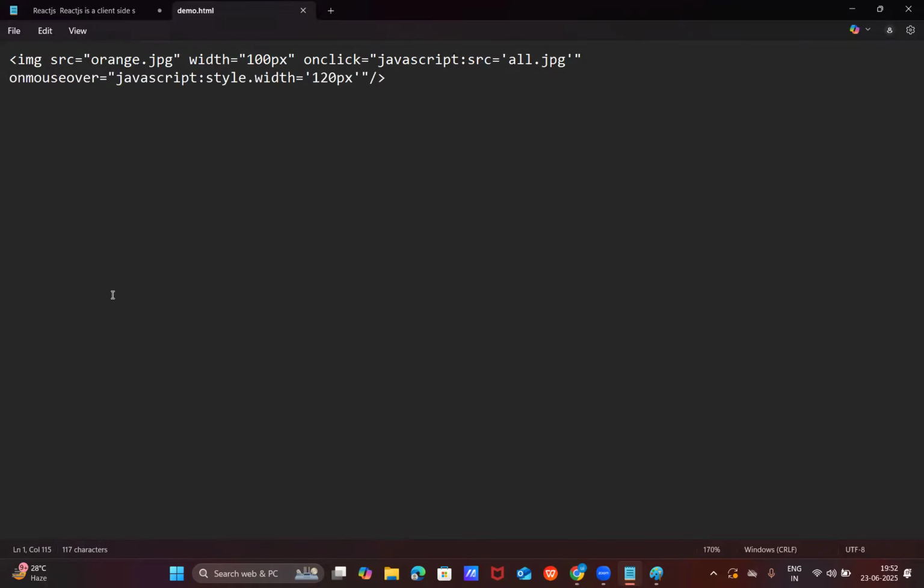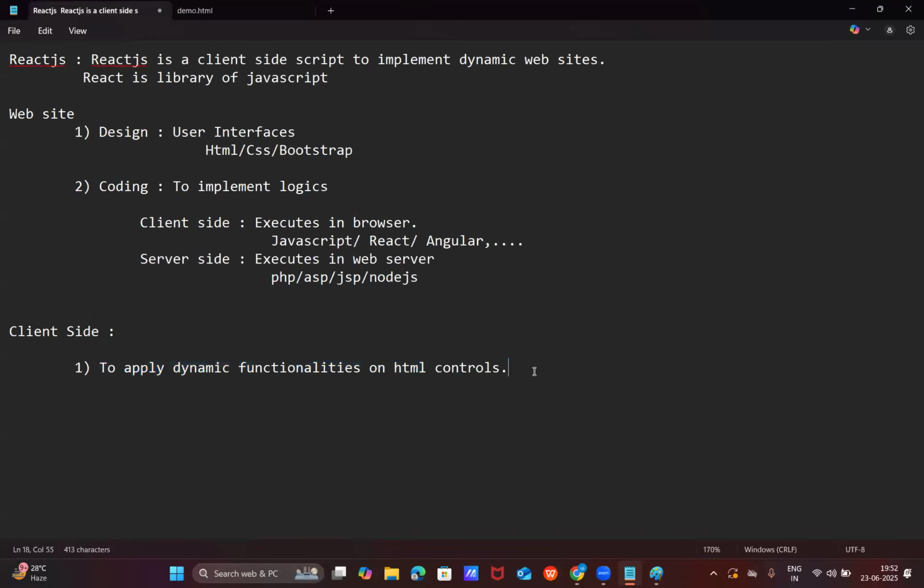If I move the mouse on this, the width is increased. If I click on this, then the source is changed. That means at runtime, if you want to change the properties of any control, then we are taking the support of these client-side scripts. That's the first point, which we call dynamic functionalities. Second one,